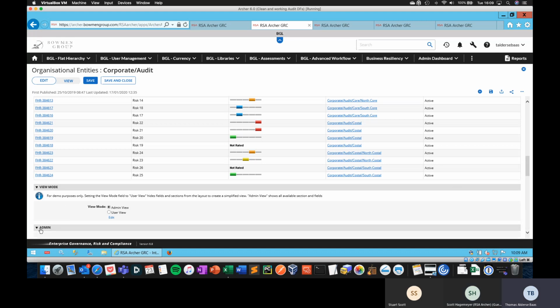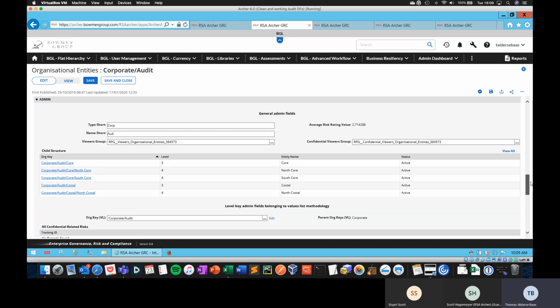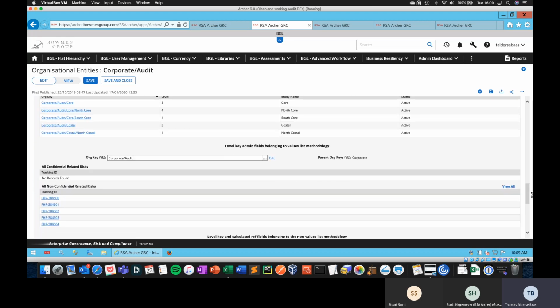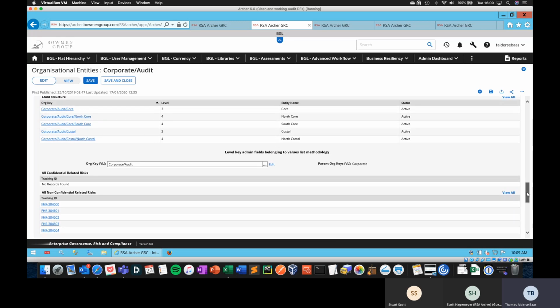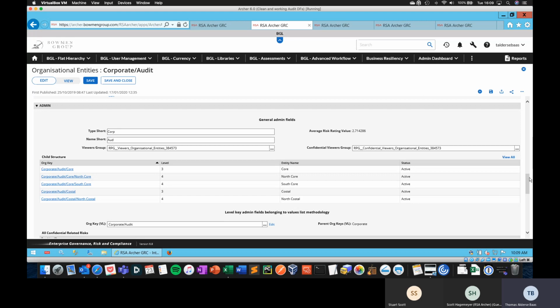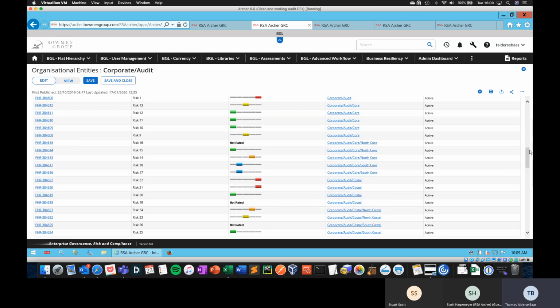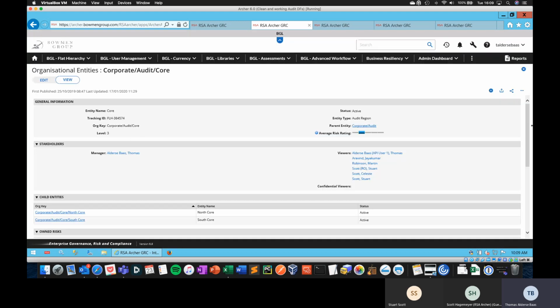And I basically based this on a number of things. So I've tried different methodologies to get it mapped, also to the underlying risks. But basically over here, so sorry if I'm moving a bit too fast. So let me just scroll up. So over here you see the direct children, and then the parent structure. And this is maybe also nice to see. If I go one level down to core,